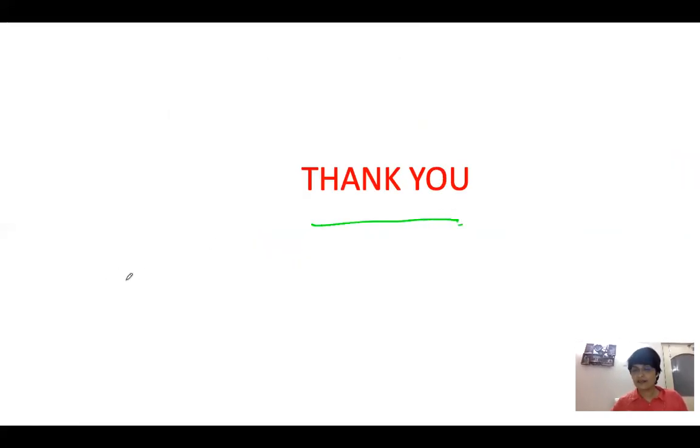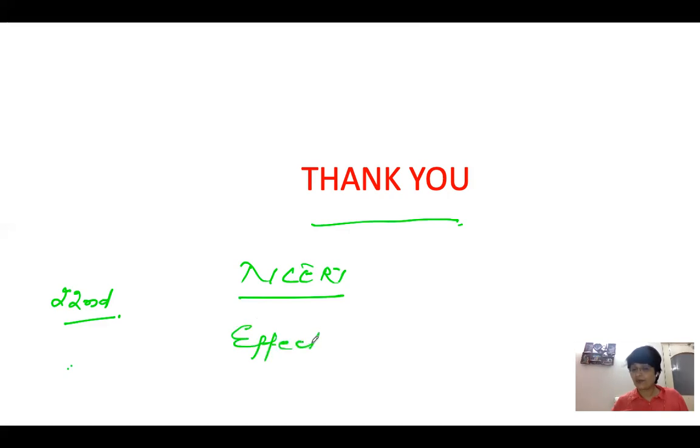And today, on 22nd June, solve all the numericals that are given, and check with the NCERT book also. In the next class we'll be taking the effect of catalyst, and the graph, don't forget, because you'll need it. Most probably that will be our last class. If any problem comes up, we'll discuss it in Zoom classes.